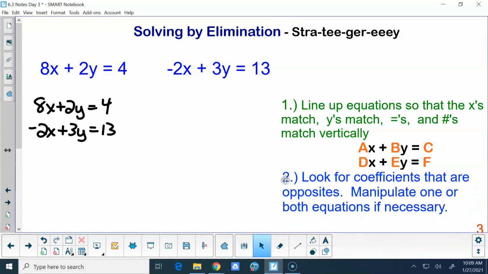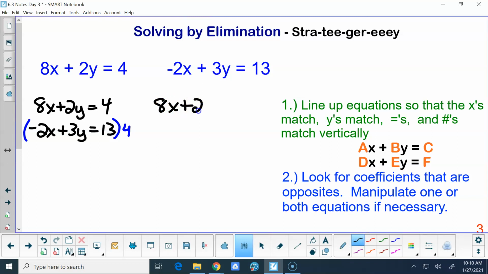Second step, this is that elimination step. What we're going to do is look for coefficients that are opposites, and we're going to manipulate one or both of the equations to get it that way. So we want the coefficients on the two x terms or the two y terms to be the same number, just one positive and one negative. So here, I would say we could multiply this second equation by 4. We multiply that whole equation by 4. And that would give me